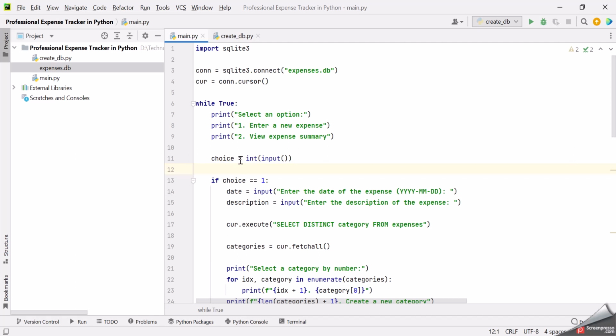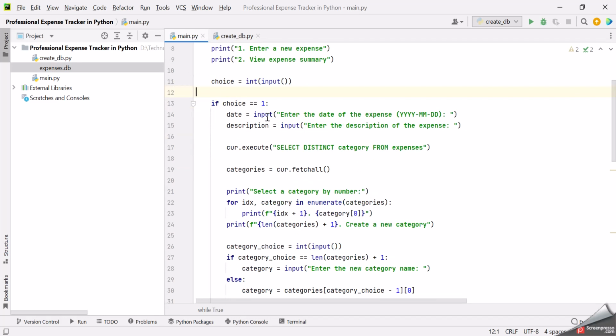Then we have defined a choice variable to get the input from the user in integer form. Then we have defined an if statement: if choice equals 1. If the user chooses 1, then he will enter a new expense. We have defined a date here and a description here. The user enters the date of the expense, and then he enters the description of the expense,